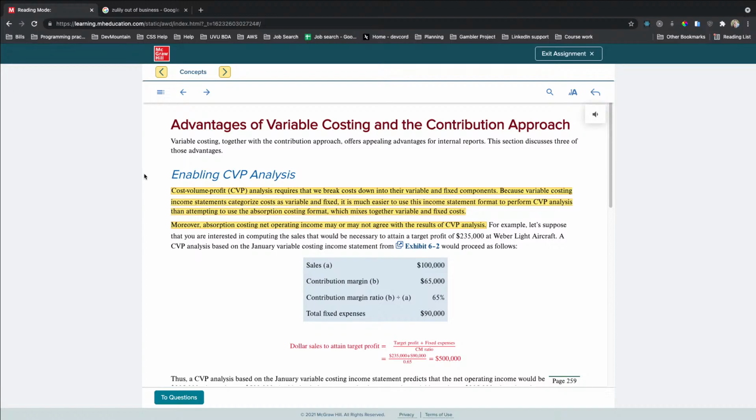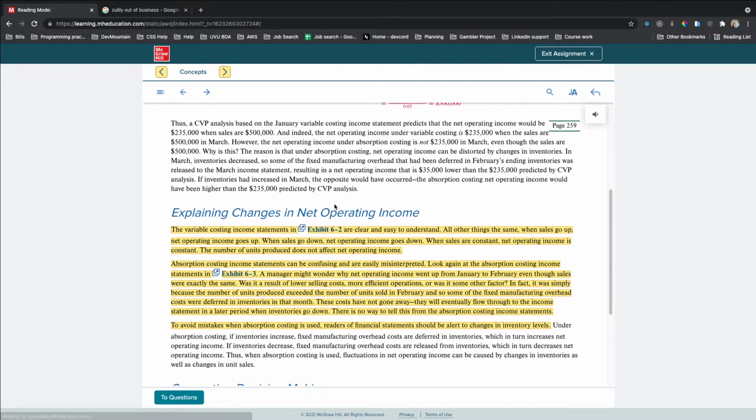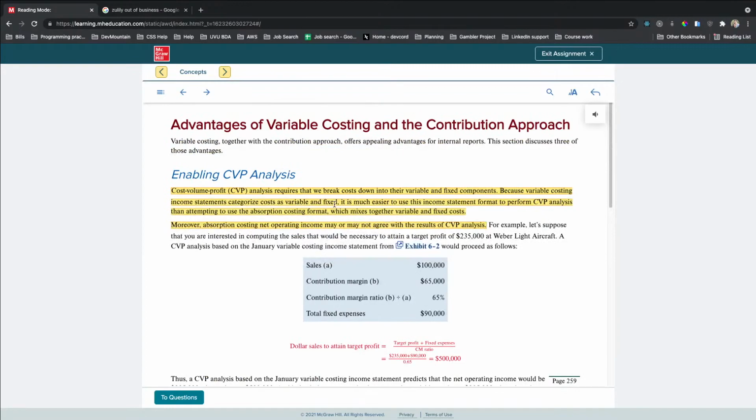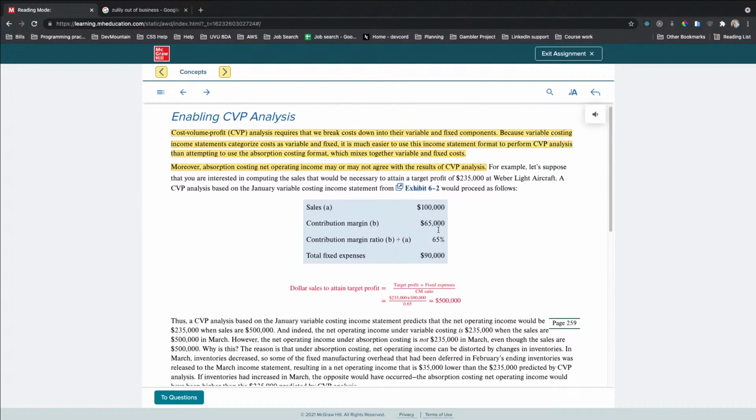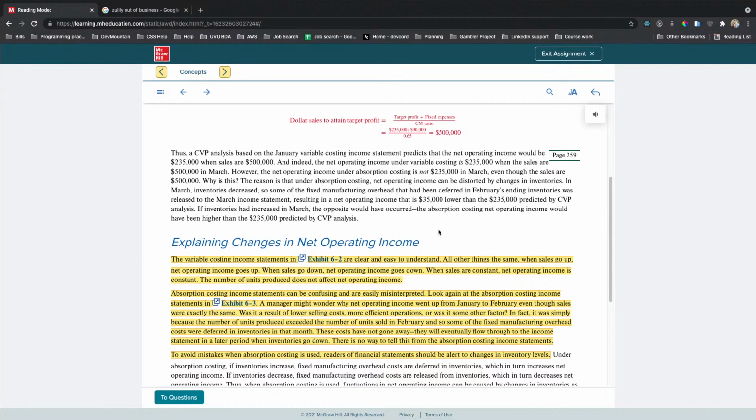Okay, so dollars to attain target profit. Target profit plus fixed expenses divided by contribution margin ratio. B divided by A gives us the ratio. Target profit plus fixed expenses, 235. We would need to sell 500,000. And I hope they do units. They don't, I guess. How much? Guess we'd need more info, but